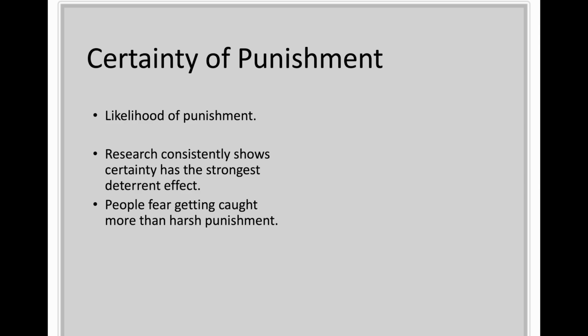So why would certainty matter more? Well, that's because individuals tend to respond more strongly to immediate and concrete risks than distant or abstract punishments. Let's imagine we have two different scenarios here. In the first scenario, the punishment for armed robbery is increased dramatically from 10 years to 25 years. But offenders believe that the likelihood of being caught remains low. In the second scenario, the punishment stays the same, but police presence increases significantly and offenders believe arrest is highly likely. Deterrence theory predicts that the second scenario may produce greater deterrence because certainty directly affects the perceived risk.